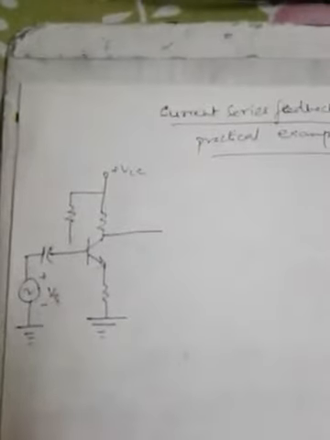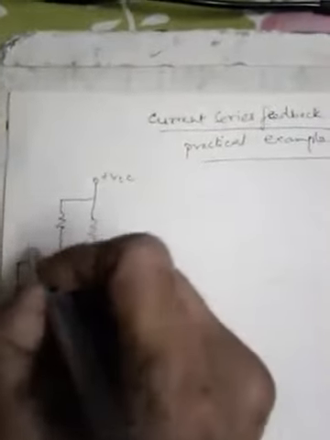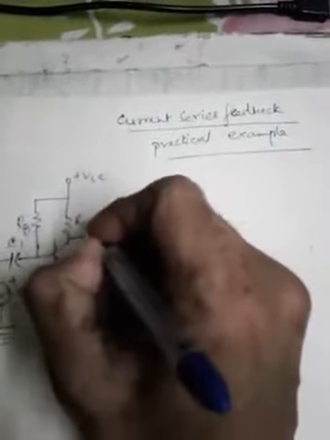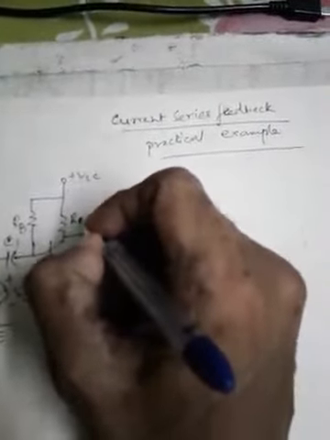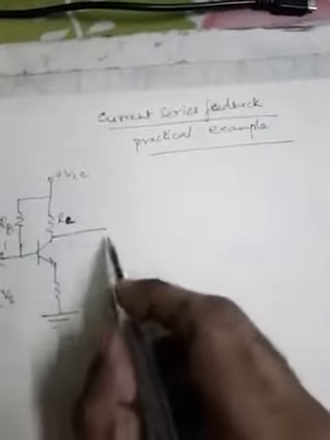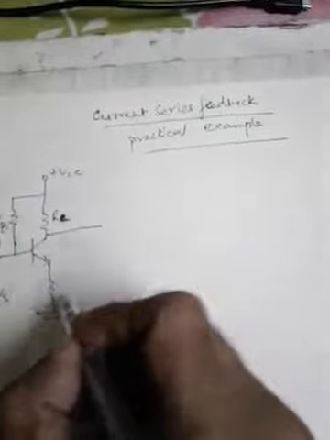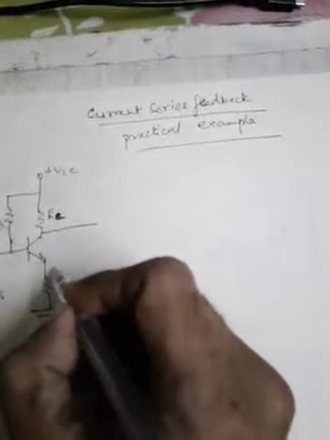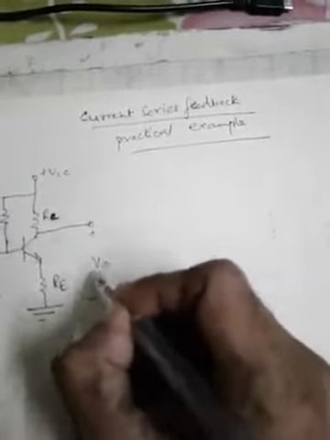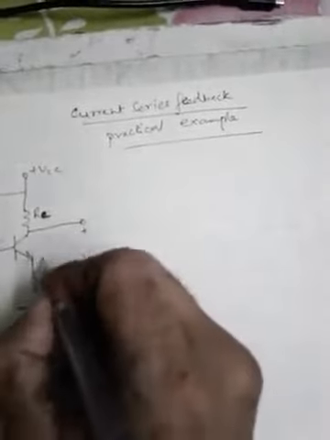So this is Vs, it is used for the external input signal. This is the input coupling capacitor C1 and this is the bias resistance RB used for this fixed bias, and this should be considered as the load resistance here. VCC is the biasing voltage, and this is the emitter resistance RE. Now the output is taken between these 2 points VO, and this is IO.